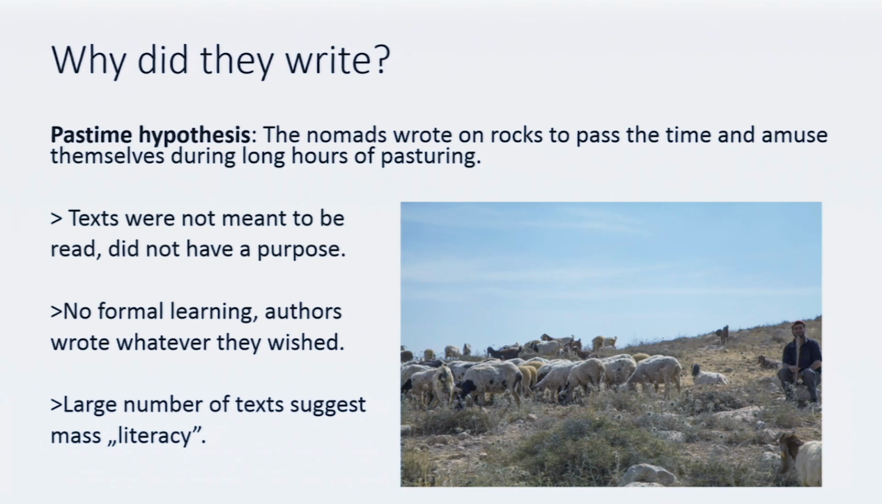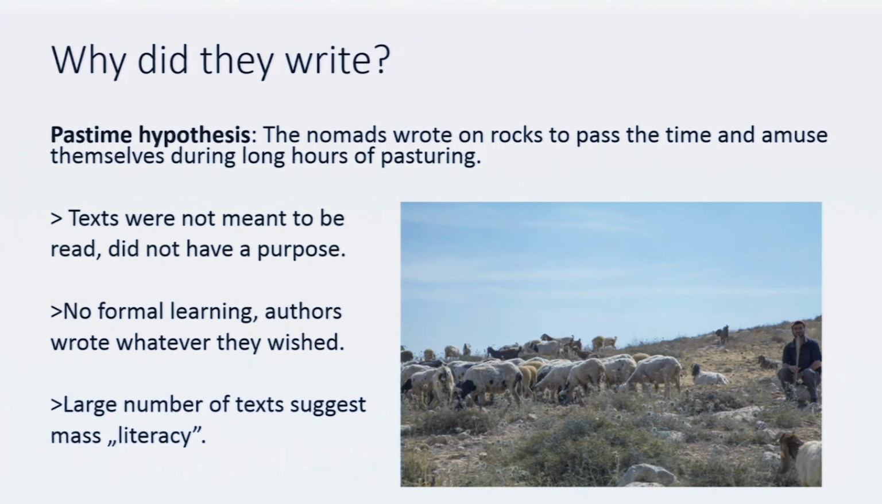So authors could write them in any different way, back and forth. There doesn't seem to be any stable orientation. So scholars said, well, that's evidence that, of course, the texts weren't meant to be read. And there were clearly no schools in the desert. There were no institutions as such to manage the language, so the language must have been learned informally, or at least the writing tradition must have been learned informally, and the large number of texts finally suggests that almost everyone